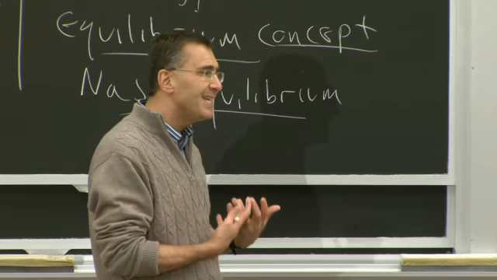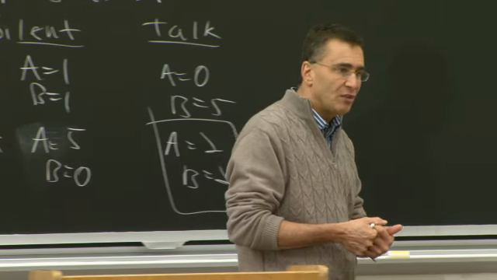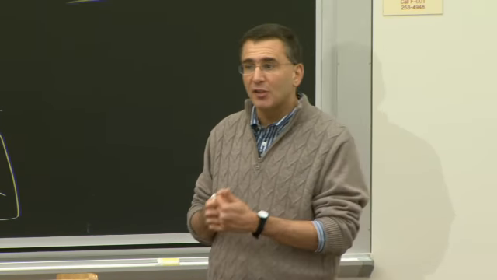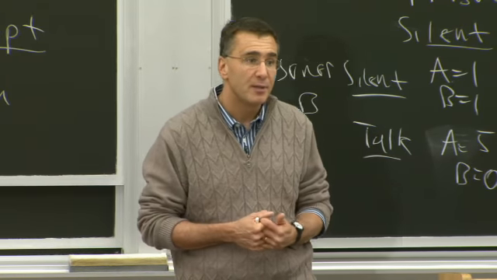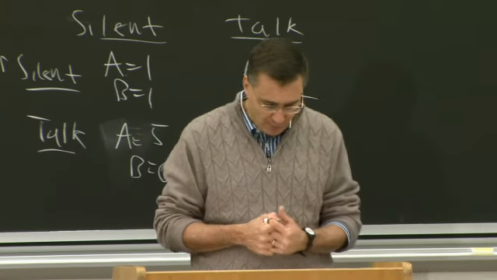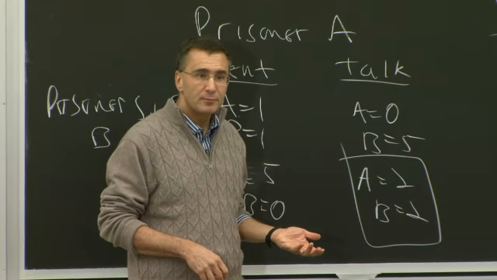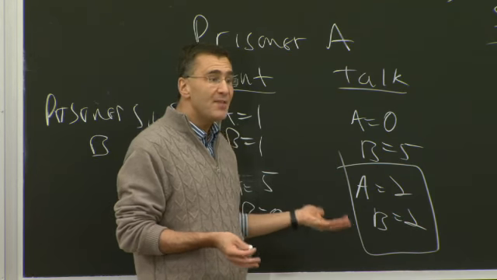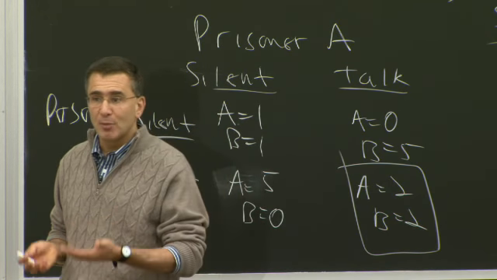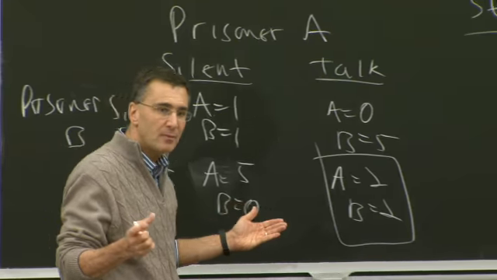But basically, the basic idea in game theory is pretty straightforward, which is just ask, are there dominant strategies that can be played by each player? If each player has a dominant strategy, and those dominant strategies lead to a Nash equilibrium, then you're done. Here, we're in a Nash equilibrium. Why are we in a Nash equilibrium? Because given that A has talked, B's strategy, which is talking, is the optimal thing to do. Given that B has talked, A's strategy, which is talking, is the optimal thing to do. So given what the other person's doing, each person's doing the right thing. So you're in a Nash equilibrium.